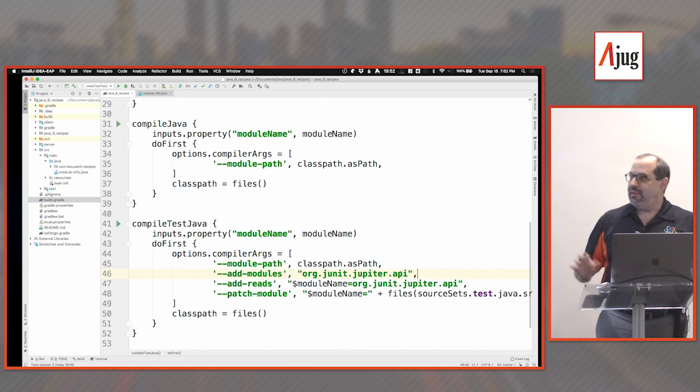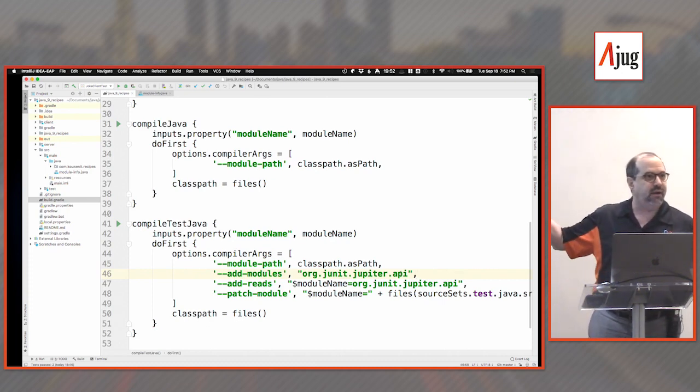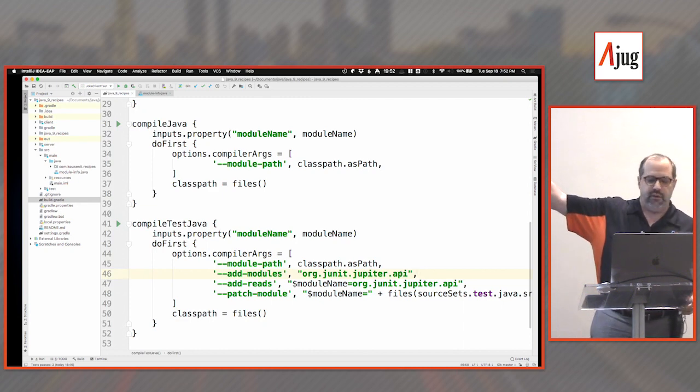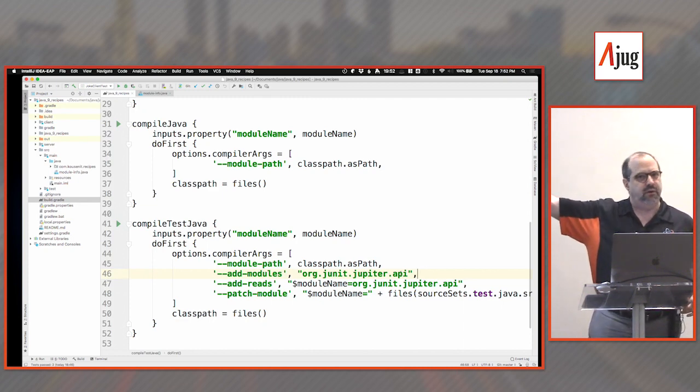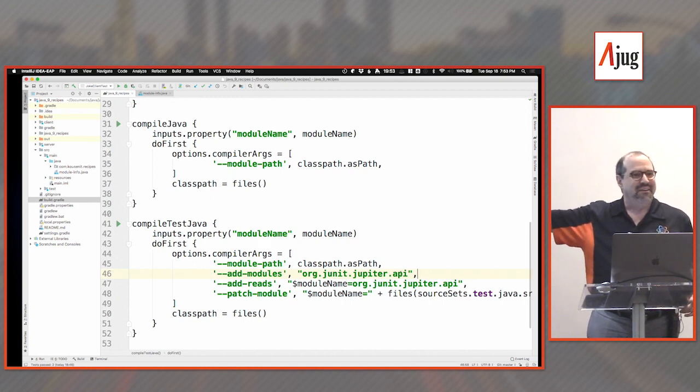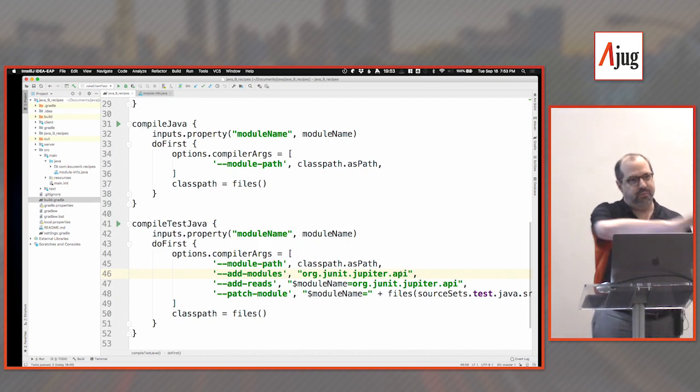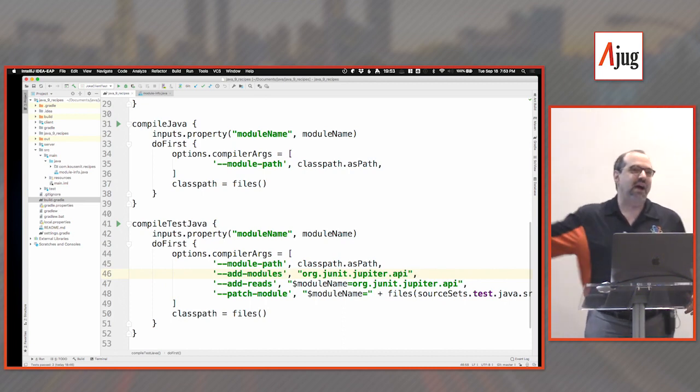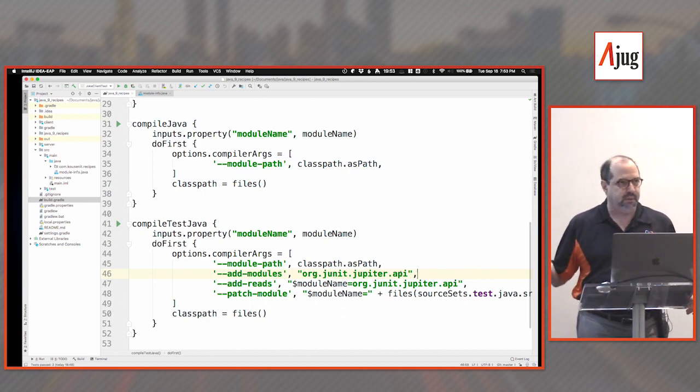Okay? So again, until I added that module-info.java file, I didn't have to do any of this. Of course, now that I know this, this is the CAP design pattern. You ever heard of the CAP design pattern? It stands for copy and paste. You know, it's how you take an error in one part of your code and distribute it throughout the whole system. At any rate, now I know how to do it,